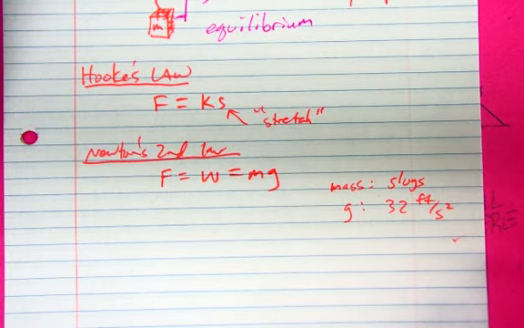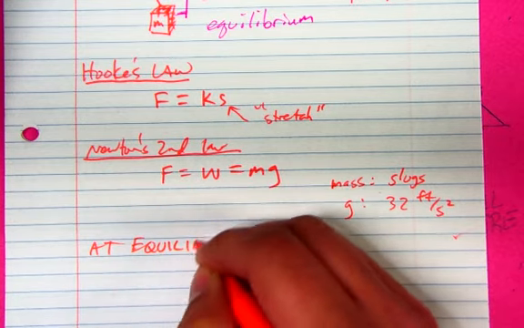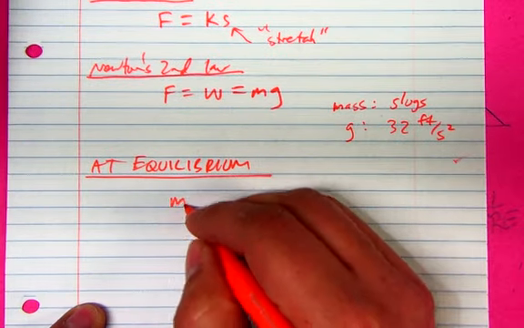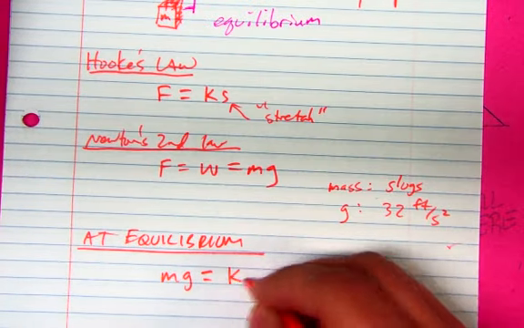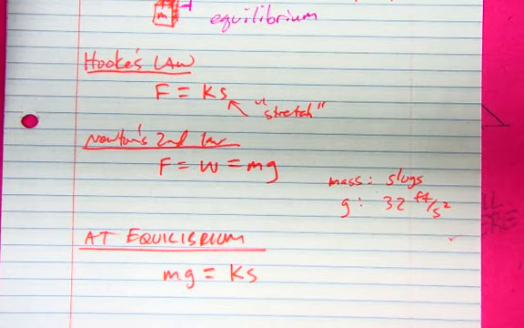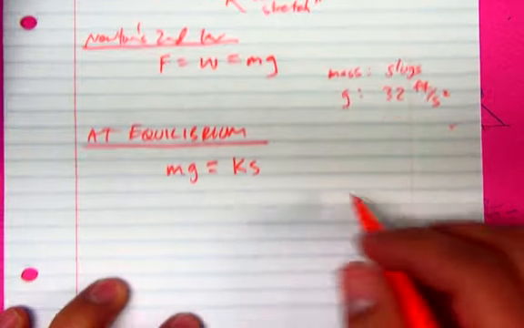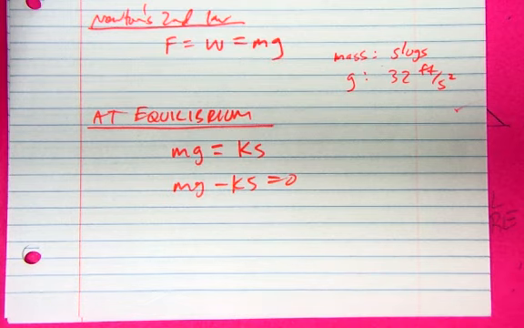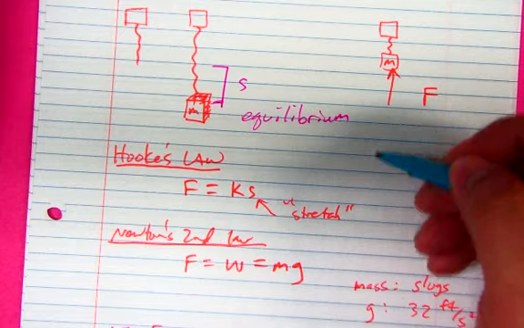Okay, so now using both of these, at equilibrium, we have mg, the weight of the mass, is going to equal ks. In other words, we could say mg minus ks equals 0. Now, when the mass is displaced, so if it's compressed upward, or if we pull it downward,